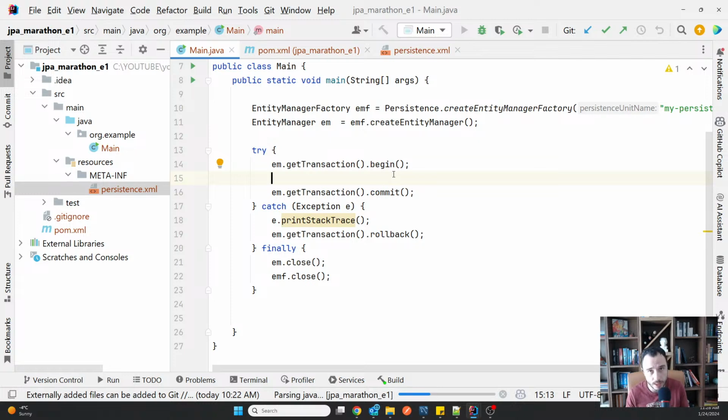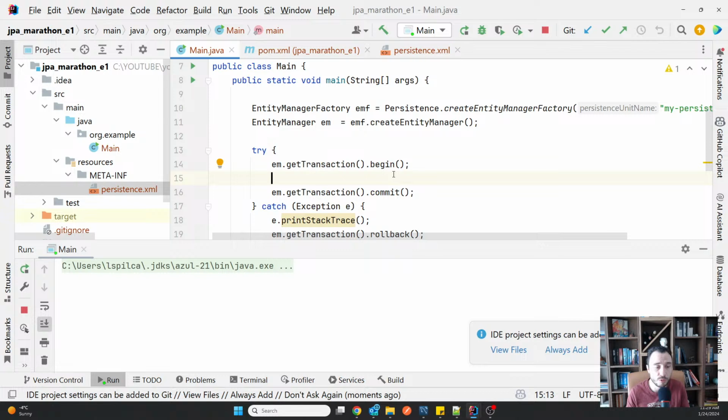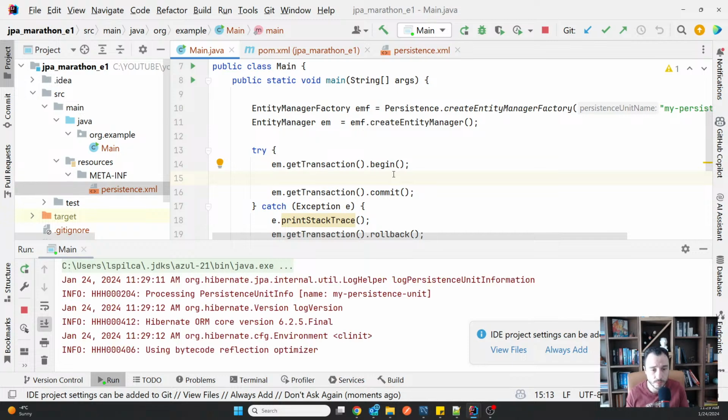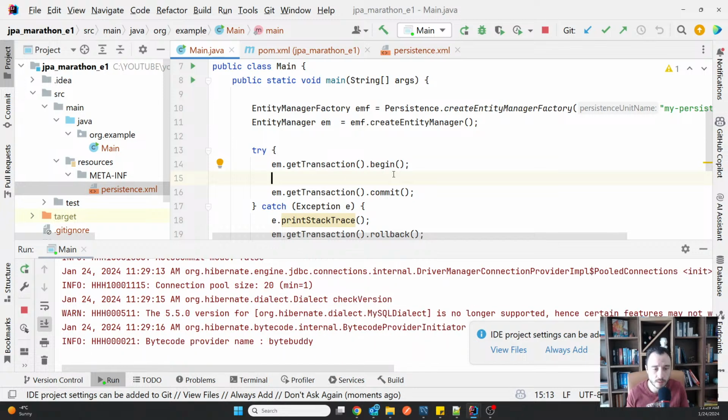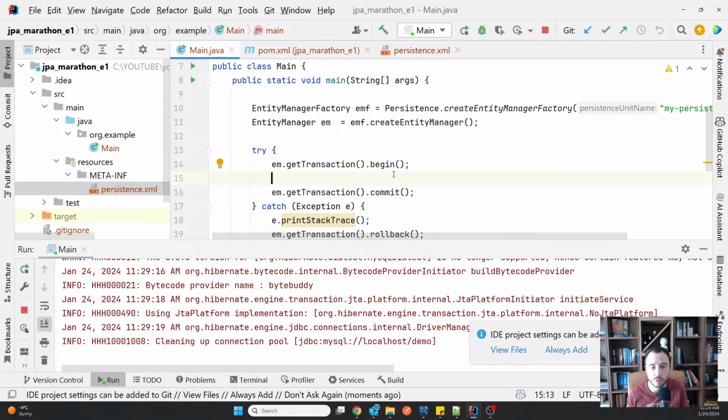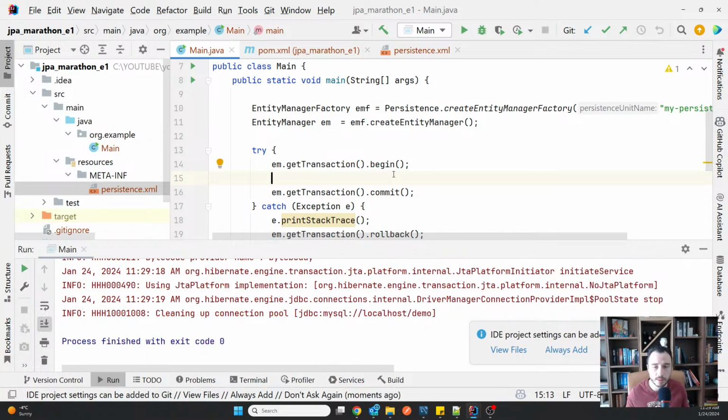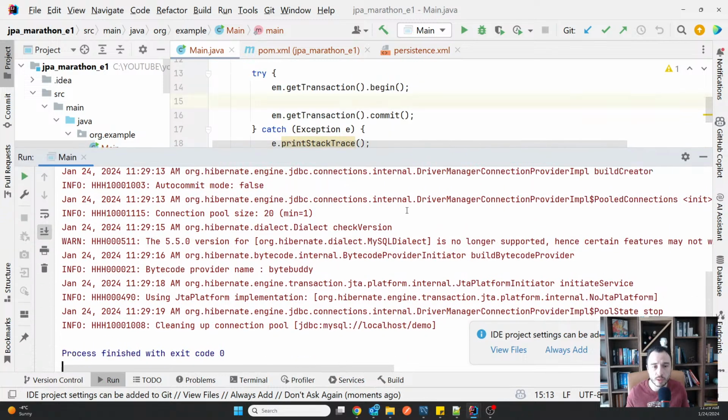So the next step for us will be to represent, to model the way our tables from the database look, through entity classes. But first I'm starting it. I will let it compile. I'm going to make sure that this works, and then I'm going to create a first entity and show a first operation. So you can see it looks like it worked fine.